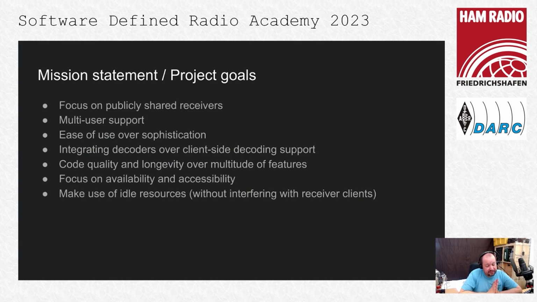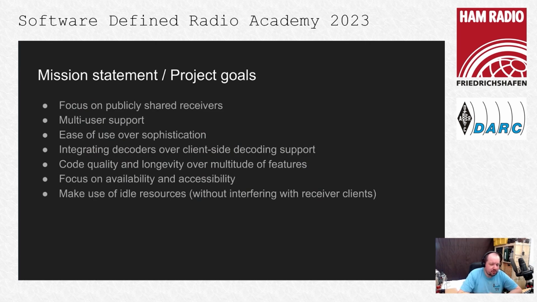One that I've had to turn down is when somebody says, hey, it's nice that this is a receiver, but can we also transmit with it? And I'm like, yeah, but the moment one of those users transmits, the others can't listen anymore. That is why the focus is on multi-user support, and why, unless somebody can solve that eternal problem, it's always going to stay receiver-only software, just as an example.